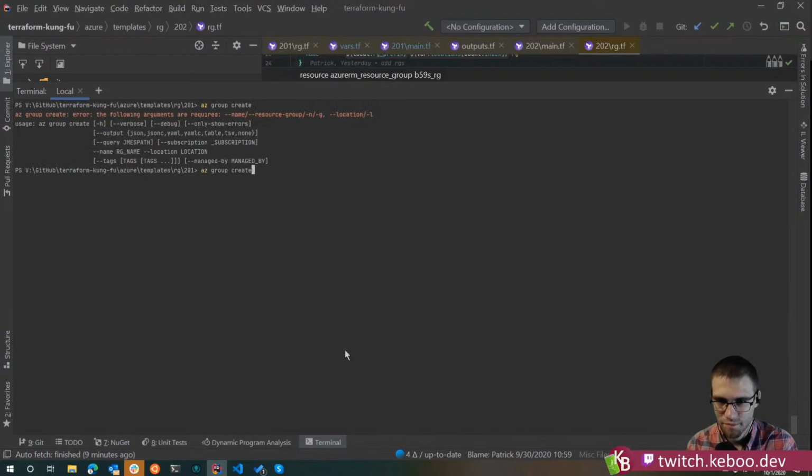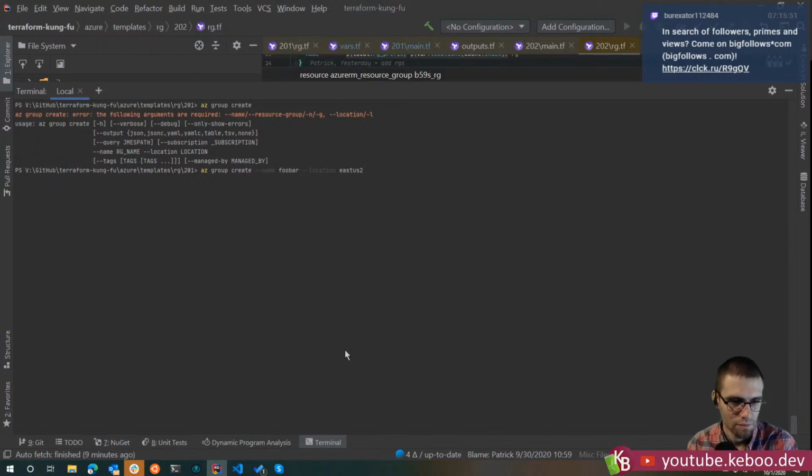I would pass it a name, say foo bar, and a location, dash dash location, East US 2. You could put that in a script and call it from the command line.